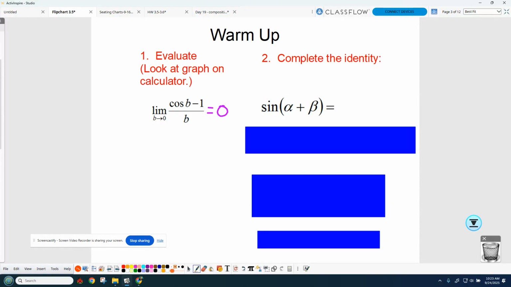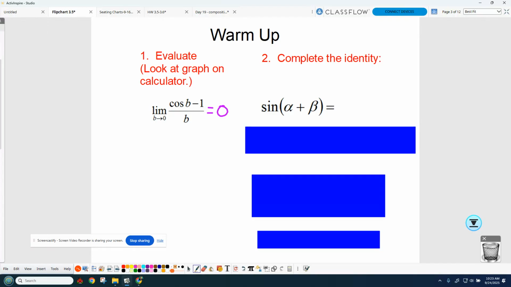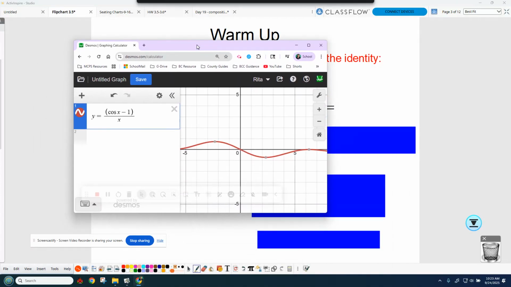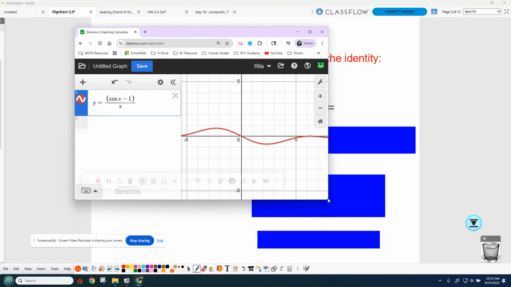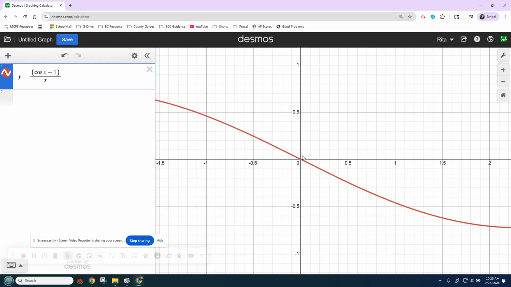So at the beginning of the year, I asked you guys to memorize one of these, which was sine x over x as x goes to 0, that equals 1. There was another one in that chapter, which was this. And I need it right here today to do a proof for you. You don't need to know it otherwise, but